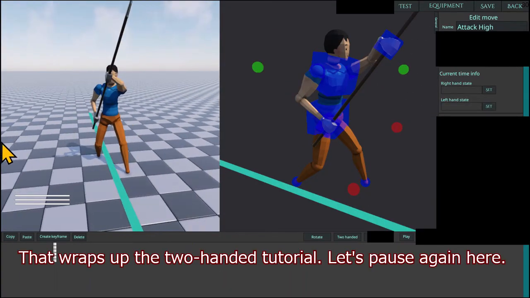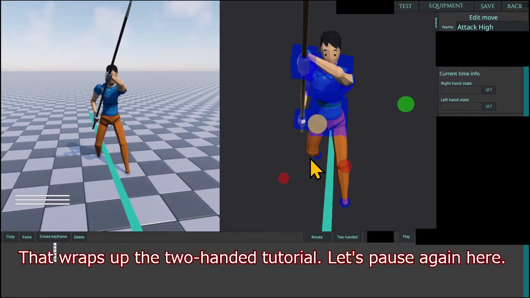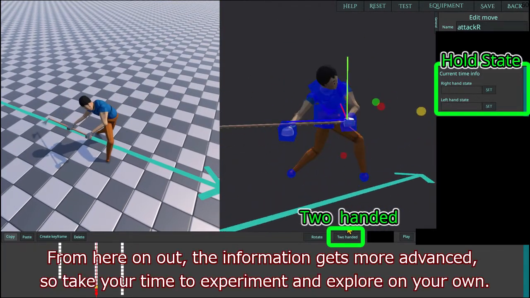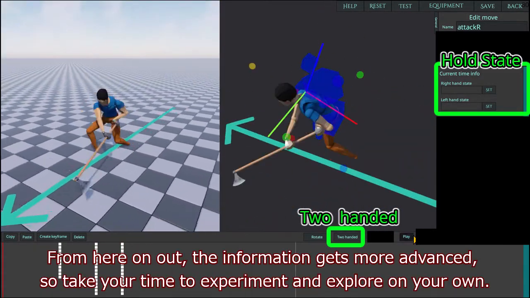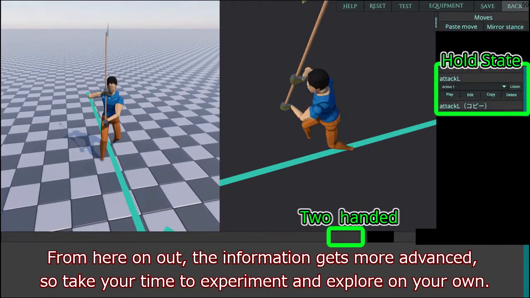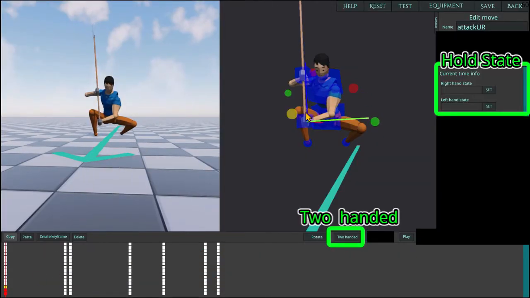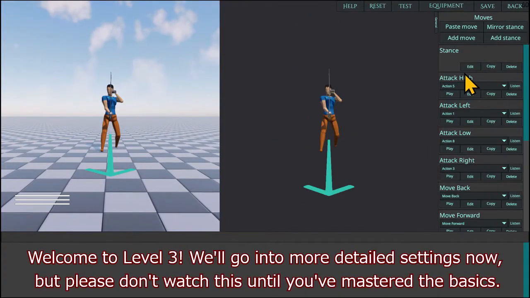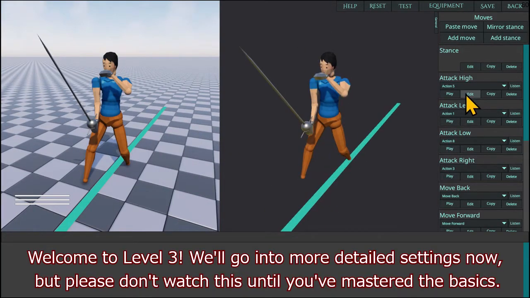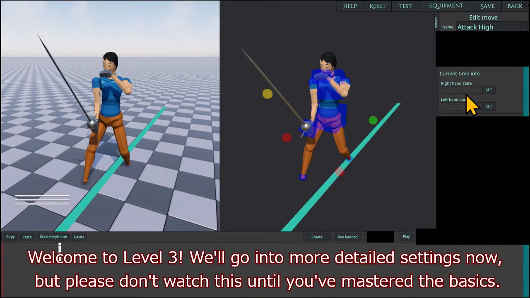Looks good. That wraps up the two-handed tutorial. Let's pause again here. From here on out, the information gets more advanced, so take your time to experiment and explore on your own. Welcome to Level 3. We'll go into more detailed settings now, but please don't watch this until you've mastered the